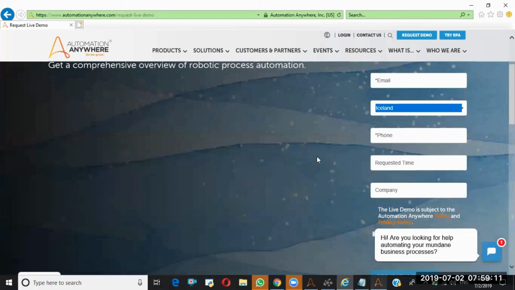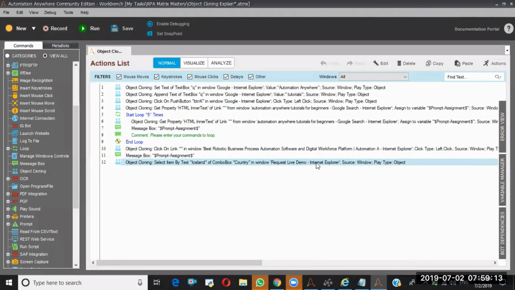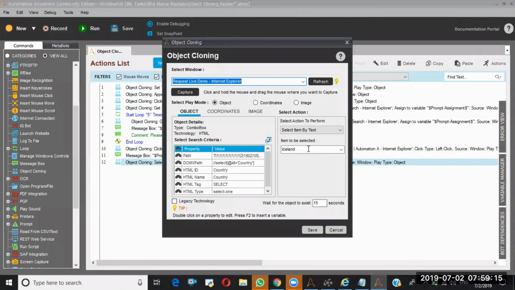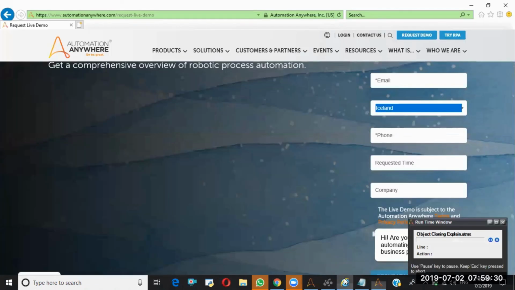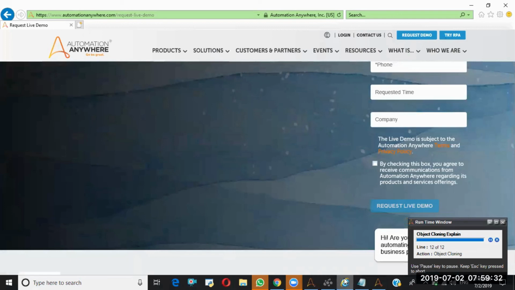See, now if I say AP, that means Andhra Pradesh, right? Let's see what will happen. Run from this step. Let me go to the screen. It will throw you an error.